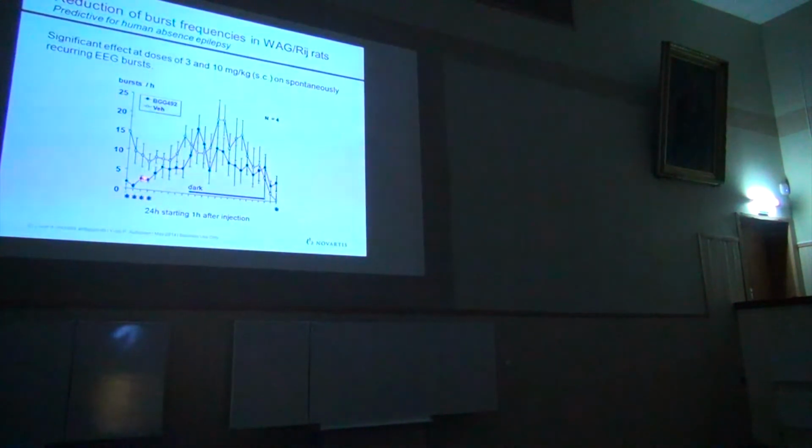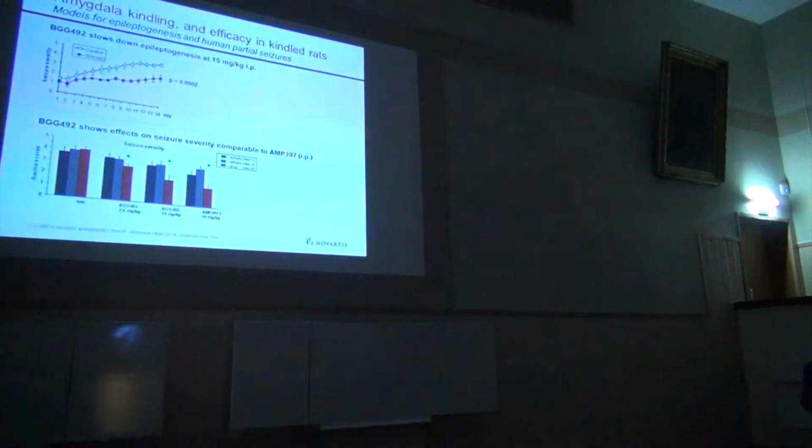It doesn't last very long because, as you know now, in rats, the elimination is very fast. But this doesn't matter. It shows us the efficacy or the predictive efficacy for absence epilepsy, which is really important for us. And the next slide is maybe even more important. It demonstrates the efficacy of this drug for two parameters. The first one is in a model where animals are given via an electrode small electric impulses in the brain,